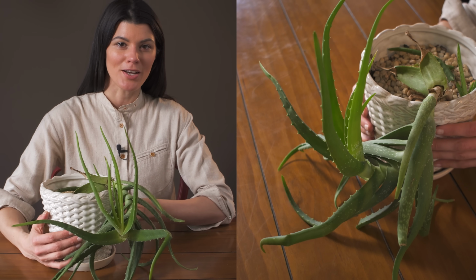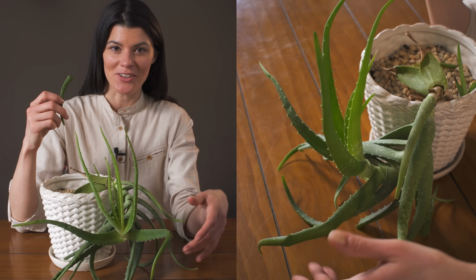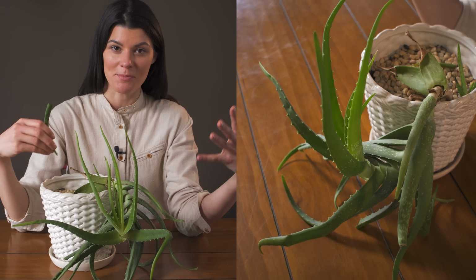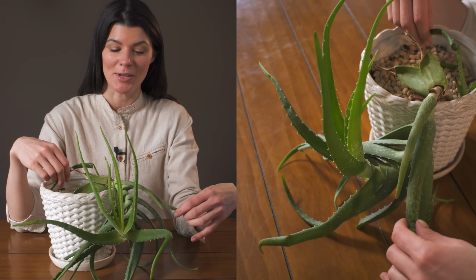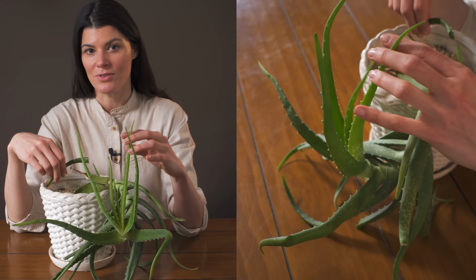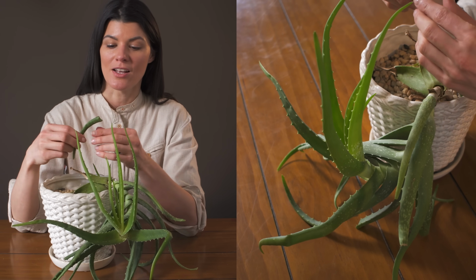This is probably one of the most common succulent household plants, and this is aloe vera. There are so many different types of aloes out there, but I think aloe vera is probably the most common. This plant is actually native to Saudi Arabia and Yemen, but it has spread all across the world, largely because